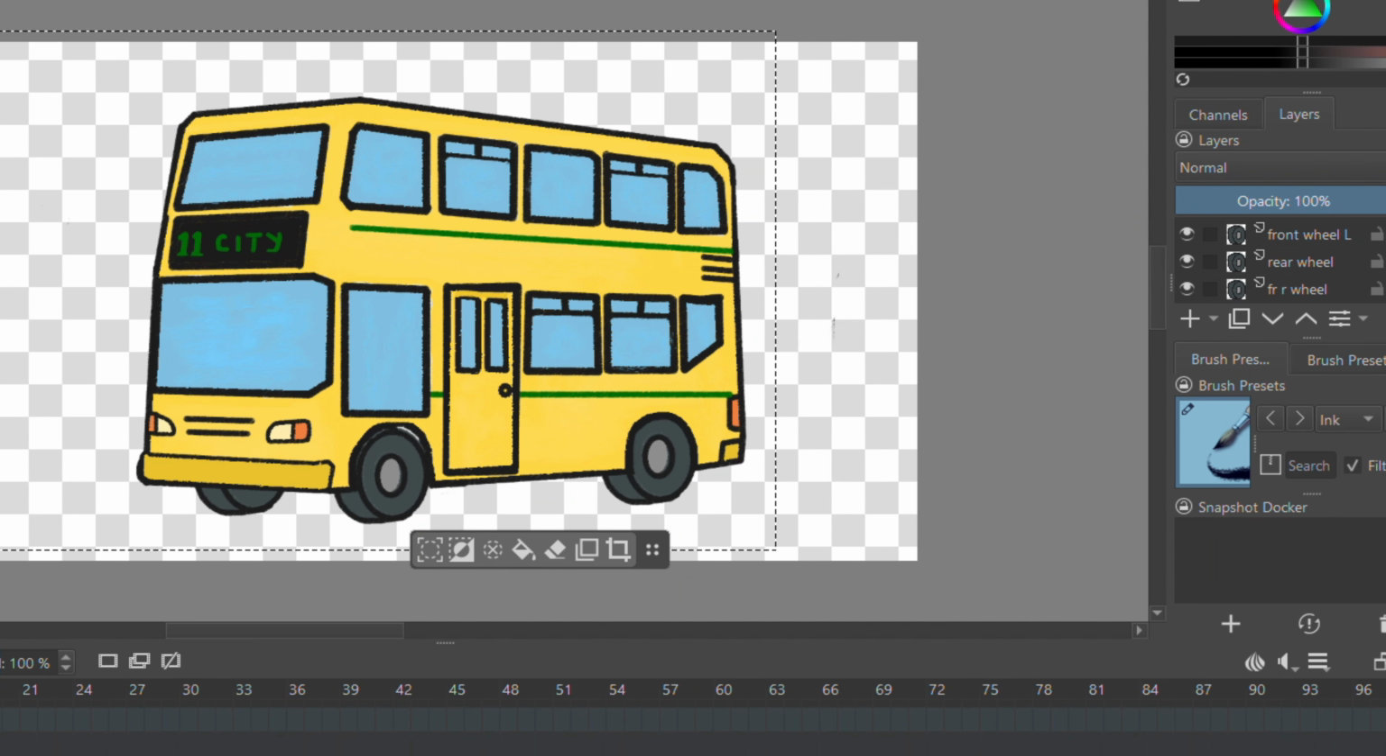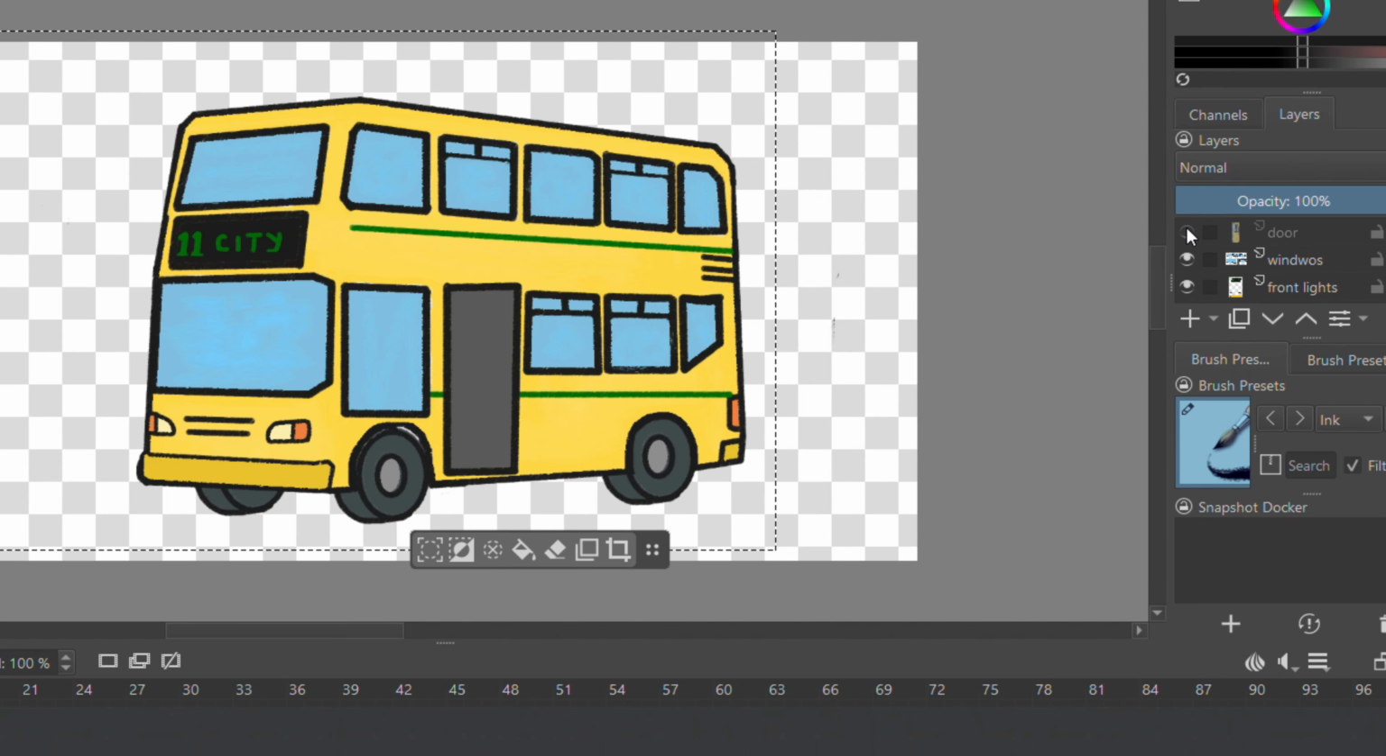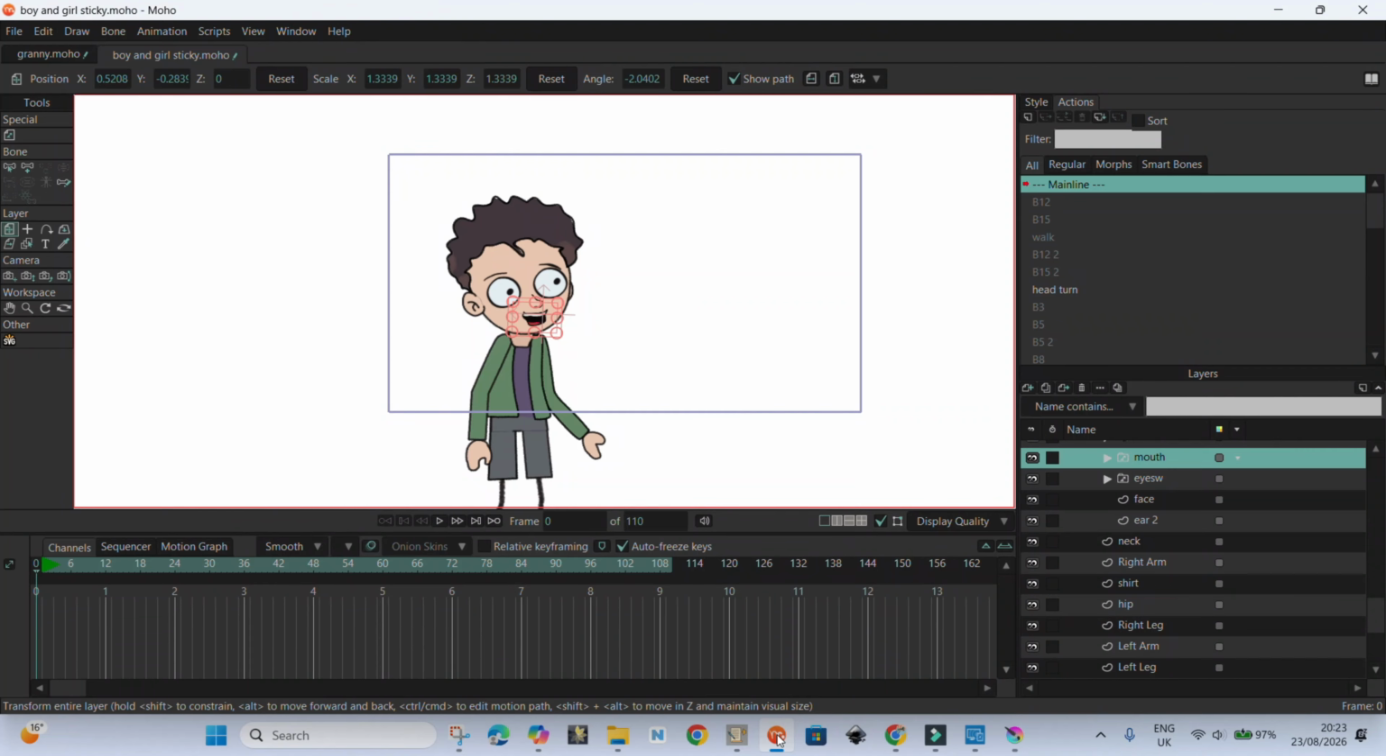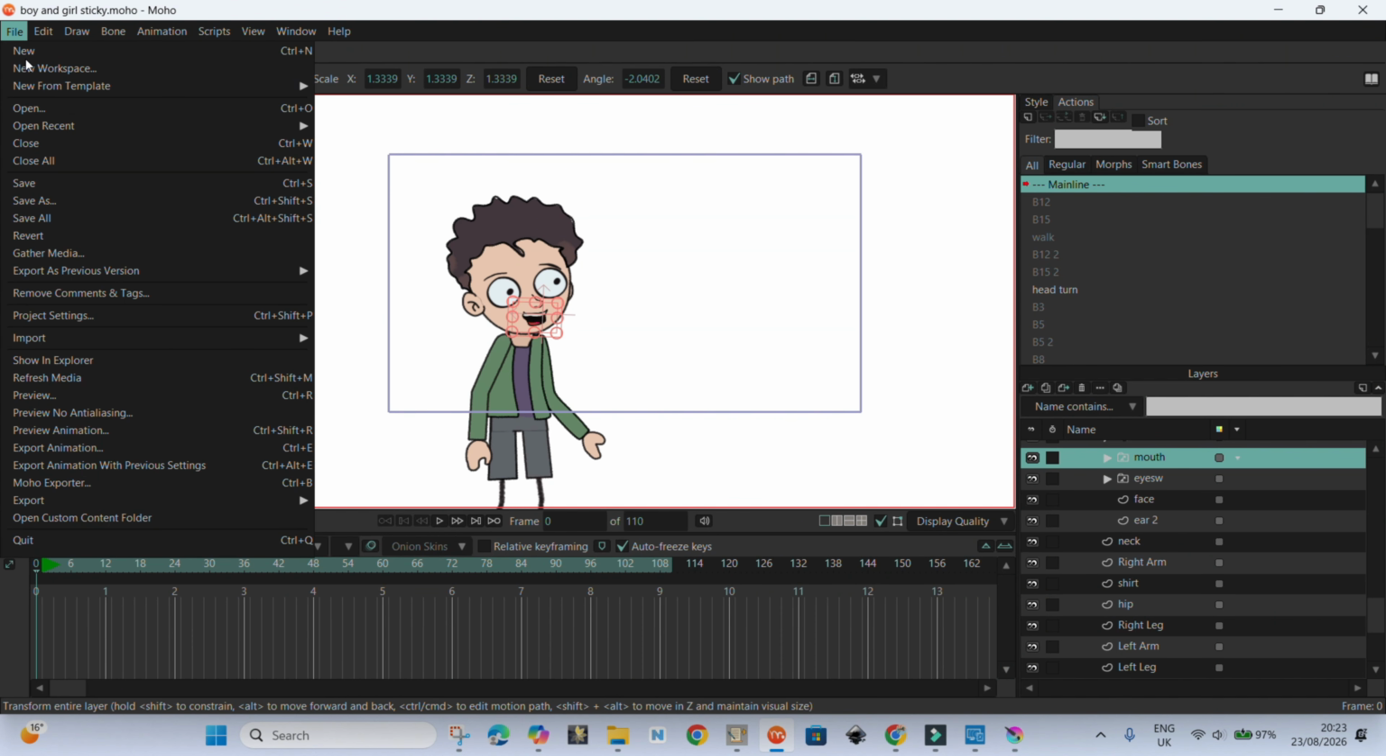So first, make sure your bus is separated into different layers. Keep things like the bus body, wheel, windows, doors, headlight, mirrors and other moving parts on separate layers. So you can see from mine here, everything is in separate layers, and if I click, I can hide and unhide it. The reason we are doing it this way is that when we bring it into Moho, we can animate each part